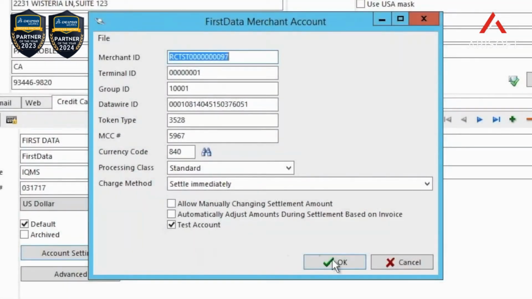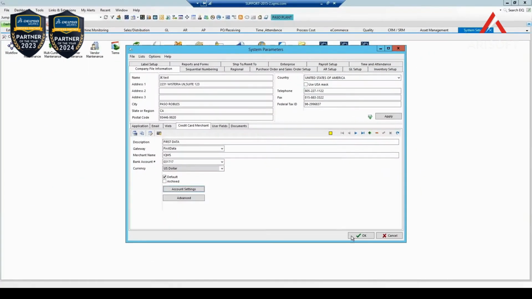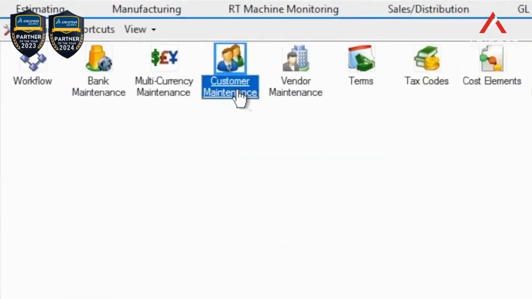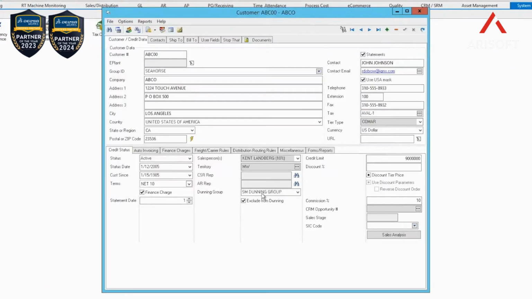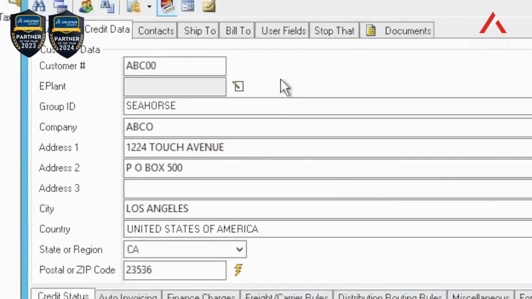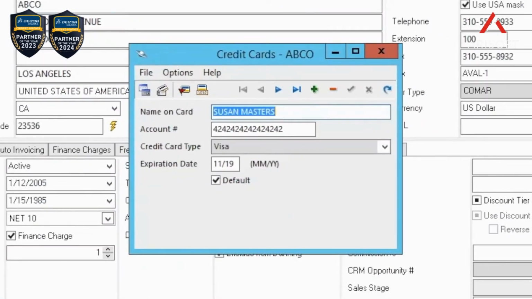Once these details have been entered, we can now assign credit card information to specific customers. To do this, a user will need to open up Customer Maintenance and select a customer. Once the customer record is open, the user will select the credit card icon at the top of the window, which allows them to view the credit card information that is currently on file for this sample customer. If they would like to add an additional credit card for this customer, they can do so by selecting the